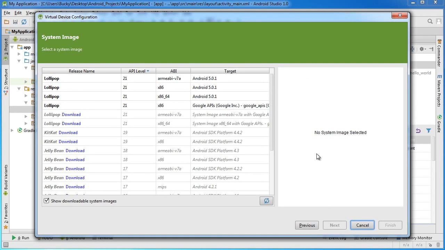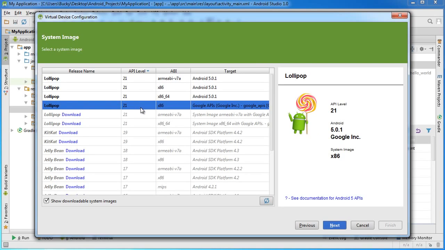Now that we have the phone itself, and by that I mean just the hardware, we can go ahead and start working on the system image. This is pretty much saying what version of Android do you want to use. I recommend putting the latest one on it, just because, I don't know,